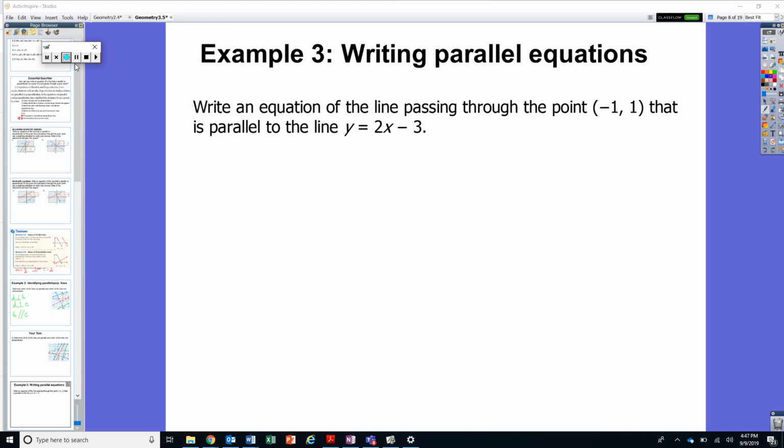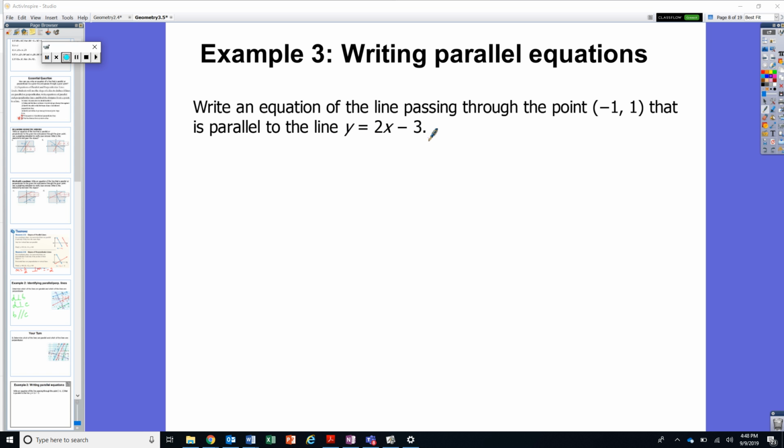All right, ladies and gentlemen, the purpose of this video is to write an equation of a parallel line given a following equation and a point that it wants the new line to pass through. So let's think about this. The question says to make an equation which is parallel to the following line, y equals